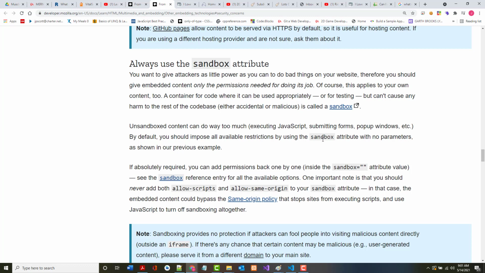All right. As it says, this applies to your own content too. A container for code where it can be used appropriately for testing is known as a sandbox. Now, just to give you an example of where you might want to use a sandbox. Let's suppose, and this has nothing to do with video and audio, that you are creating your own